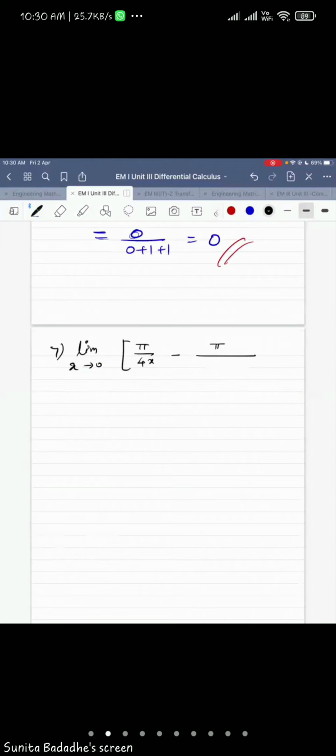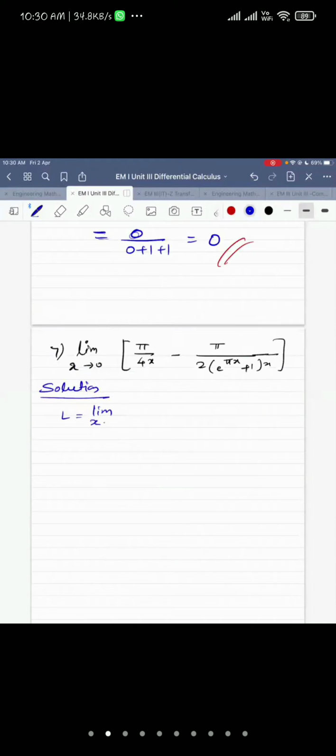Now maybe this one is a little bit lengthy. Let us check. It is e raised to pi x plus 1 and into x. Okay, let us see now how to solve. Now the solution, let us define L. Those of you who are confident enough can do it on your own. Start the simplification and see whether you can get it independently. Don't wait for my calculations. And if you are getting stuck anywhere, then you can refer to my calculations and solve along with me.